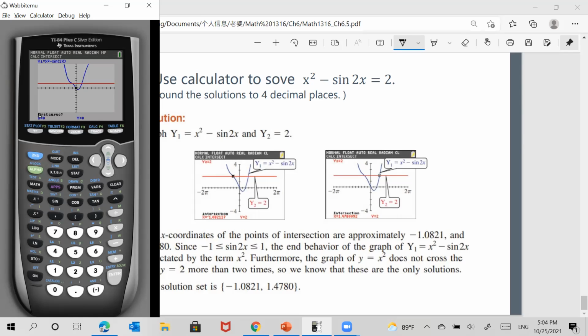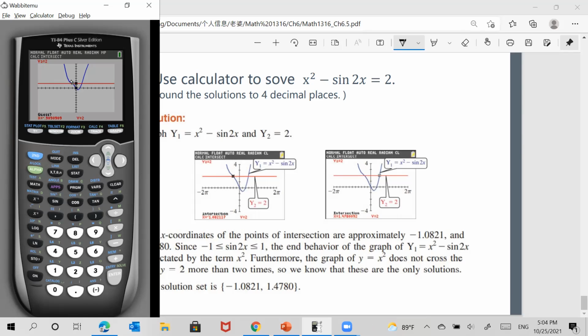That means the first one, they ask you first curve. Yes, because the cursor is on the blue curve. So I hit enter. And then the second curve is on the red curve. Is this your second curve? Yes, of course. And then they ask you, guess the intersection. So I'm guessing the first intersection. Look at this cursor. So I guess it's very close to this area,